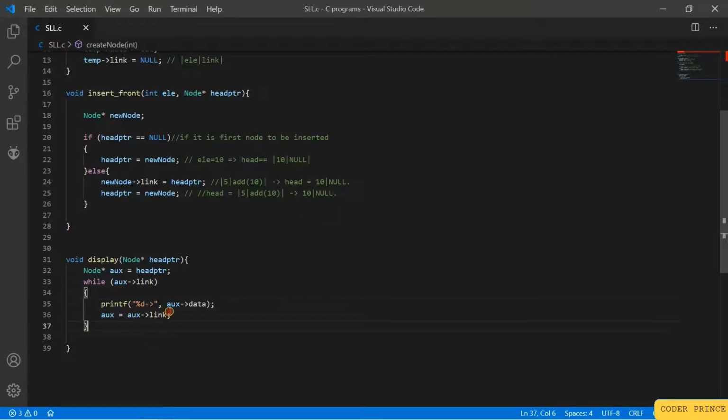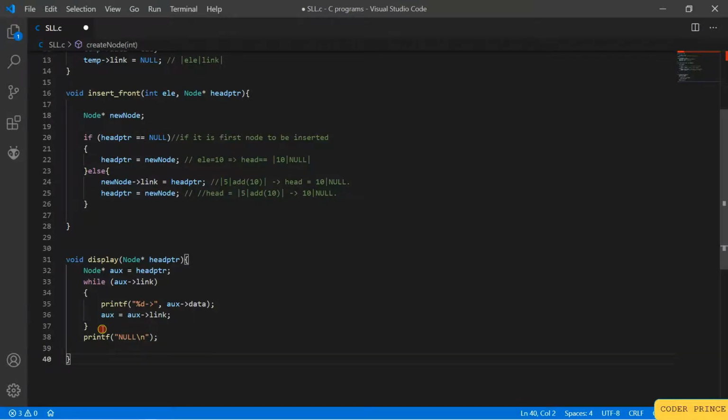When it comes to the last node, it will print this data and refer to this particular value, but this is set to null. Whenever it is set to null, the while loop becomes false, and it will come out of the loop. After coming out of the loop, I can print a new line stating that it is null, right? This will indicate that every node in the linked list is covered and printed.